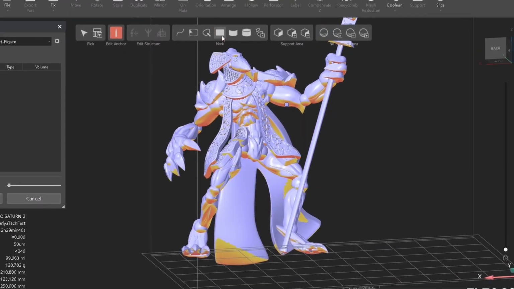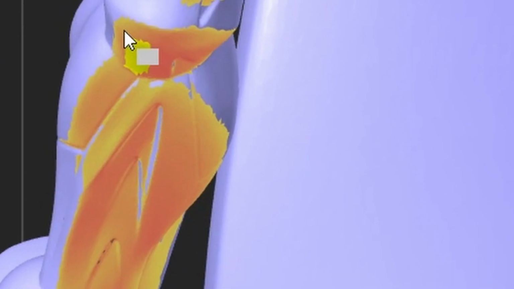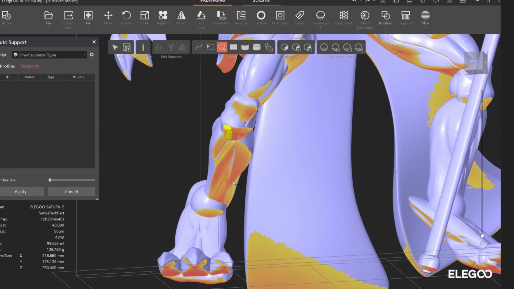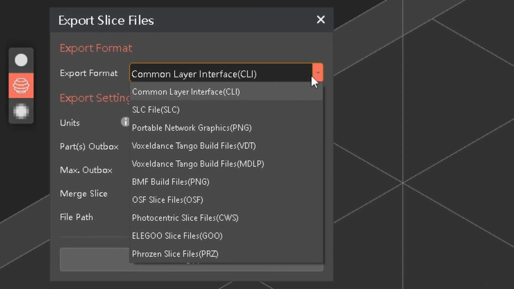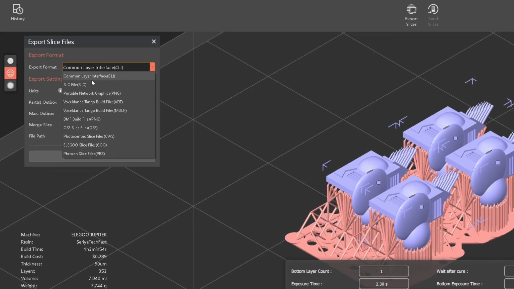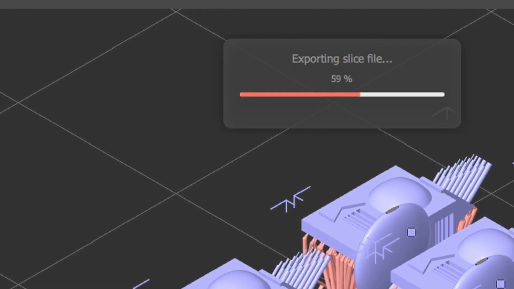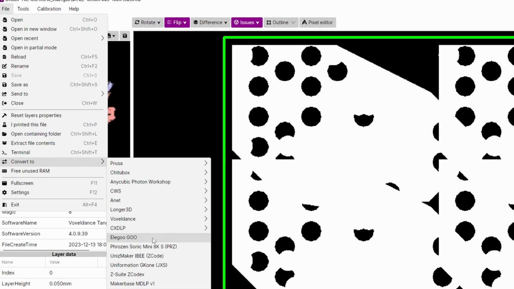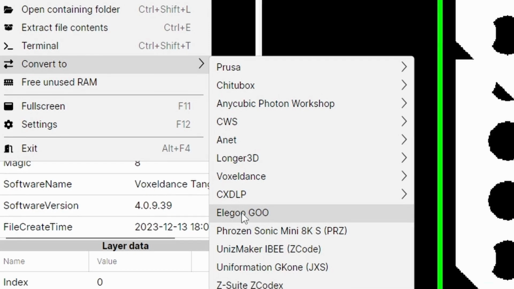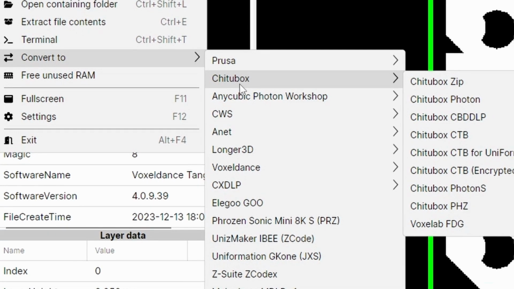But I did say you're mostly limited to creating support structures, which is true if you're using an older machine that isn't compatible with the Dogfu extension or PRZ. The reason why I say this is that you're very limited in the file formats for export, and unfortunately during my testing, I was unable to find a proper method to convert these files. A common solution, which didn't work in my case, was to use an open source tool called UV Tools to convert the .guf file.